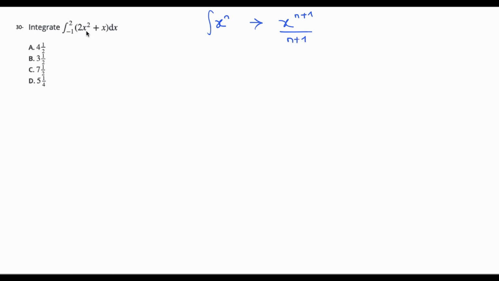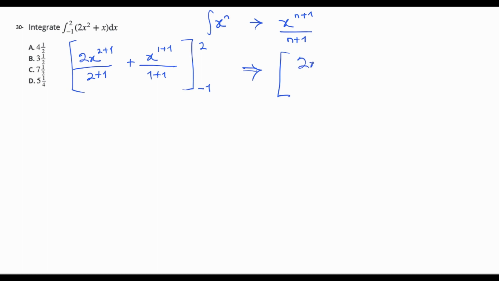So if we integrate 2x squared here, we'll have 2x raised to power 2 plus 1 divided by 2 plus 1. And the integration of x here is going to be x. X is ordinarily raised to power 1, so we have to add 1 to that, and then we'll also divide that by 1 plus 1. Don't forget that we're integrating between two limits, minus 1 and 2. So our equation becomes